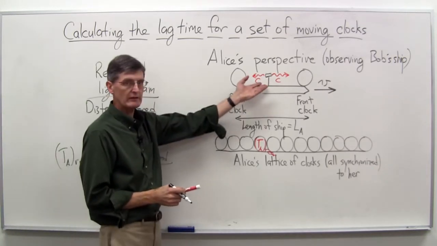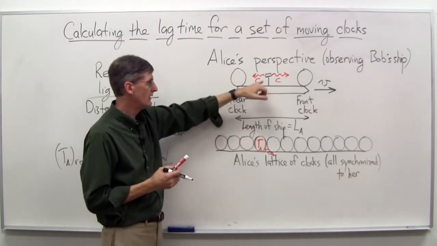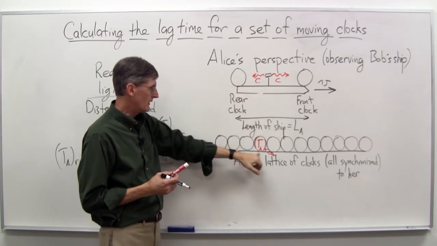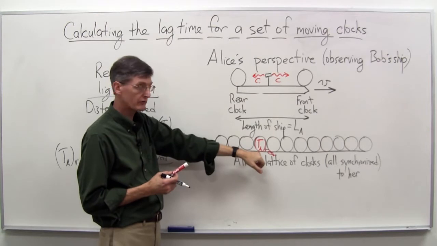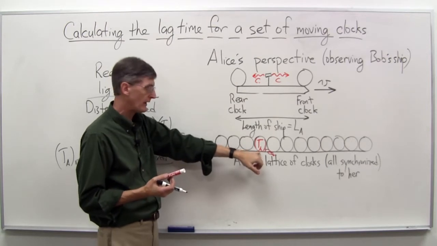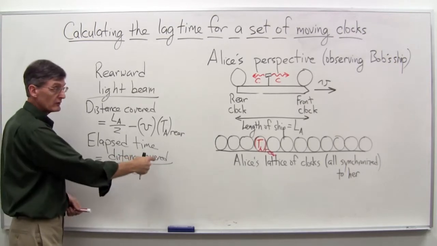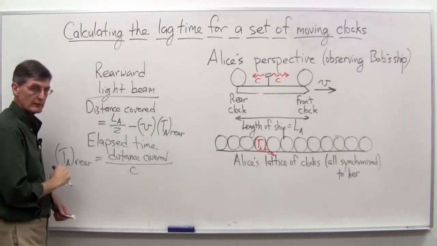She sees the rearward going light beam go off. She sees them both go off simultaneously. Sees this one go this way. The ship is moving that way a little bit. It hits the rear clock at this point on her clocks, t sub A rear, whatever that happens to be. So that time is the distance covered from here to wherever it ends up, divided by c, the speed of